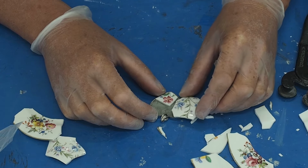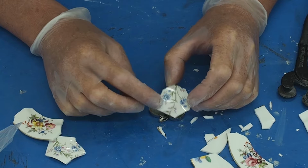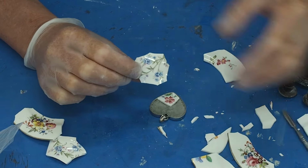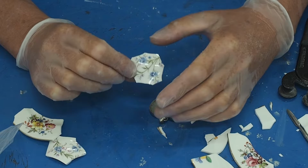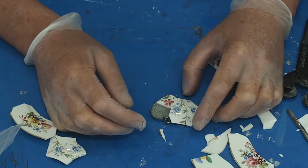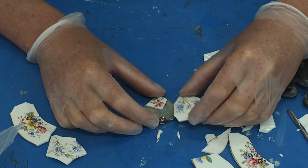So you work with what's going to look best, and also I'm really looking at the flowers there being in there. I don't want to cut these flowers off and just have this green stem. I mean, you can do that if it's going to add to the piece, but in this particular case, I really want to use those flowers. So I'm thinking about maybe adding it into something like that. So in that particular case, we're going to now